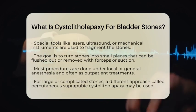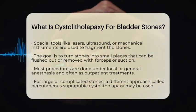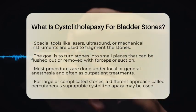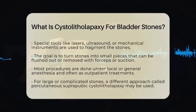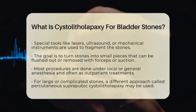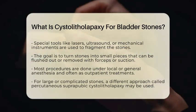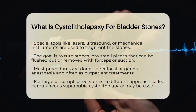The goal is to turn the stones into fragments small enough to be flushed out or removed with special forceps or suction devices. This process helps clear the bladder of the stones and relieve symptoms. Most cystolitholapaxy procedures are done under local anesthesia, where only the bladder area is numbed, or under general anesthesia, where the patient is asleep. Many times, the procedure is outpatient, meaning you can go home the same day after a